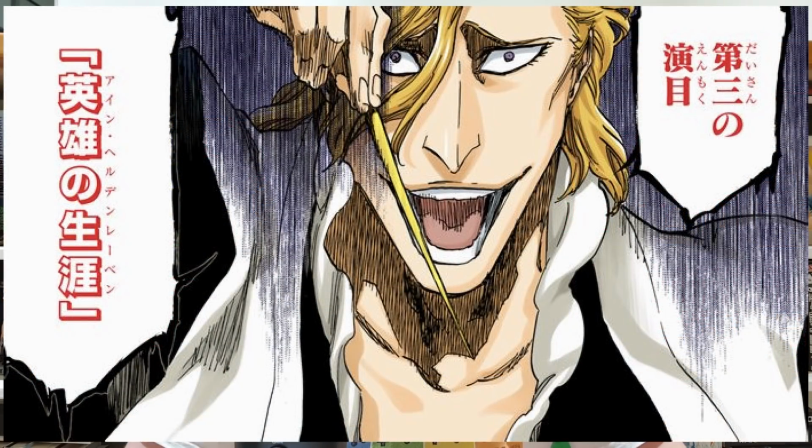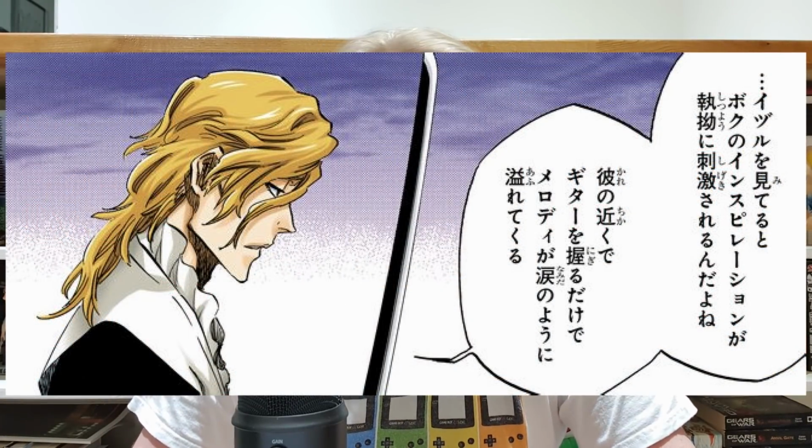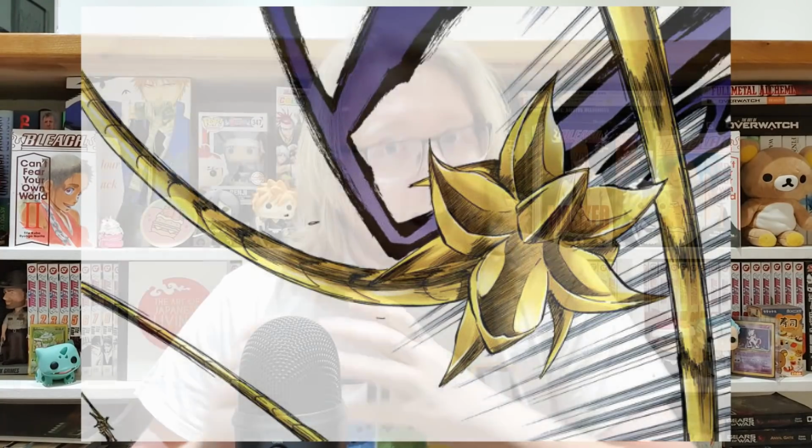I think he has a really cool design, particularly in the Thousand Year Blood War arc after he's reinstated as a captain. That's definitely his best look in my opinion. But despite him not really doing anything in the story, and he really doesn't, to be fair, he kind of just gets beaten up a bit, I think the main thing that stands out to me is his Zanpakuto Kinshara, which I really believe is one of the most unique and interesting Zanpakuto in the entire series, both Shikai and